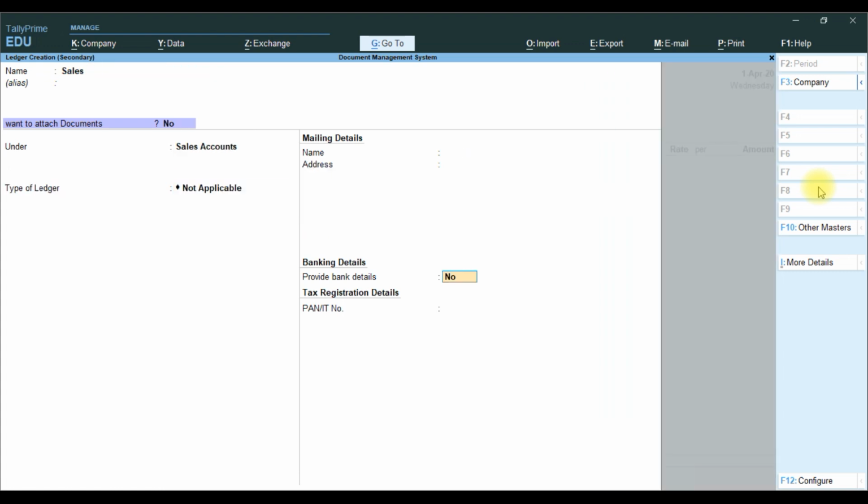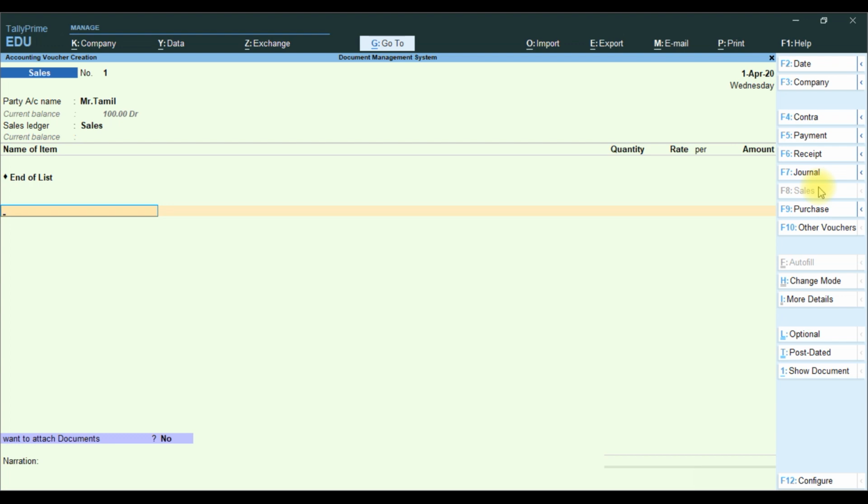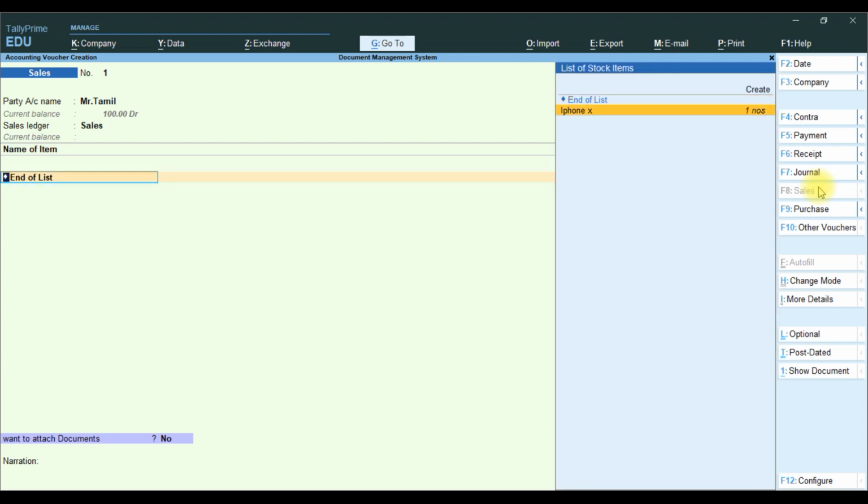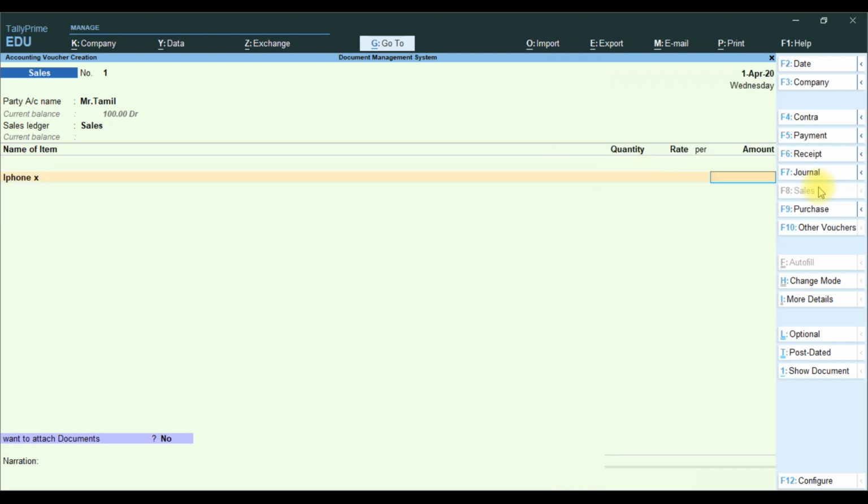Sales account, save it. Then iPhone X, iPhone BQ, 50%. Then we attach the document. We attach to another quantity we sell.